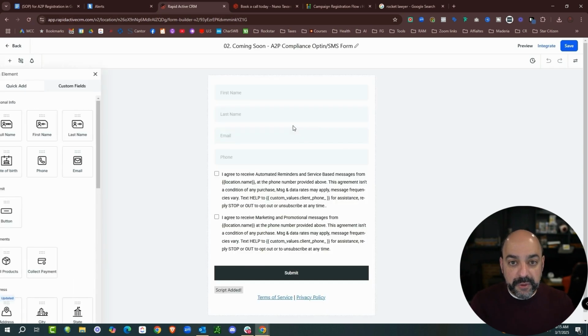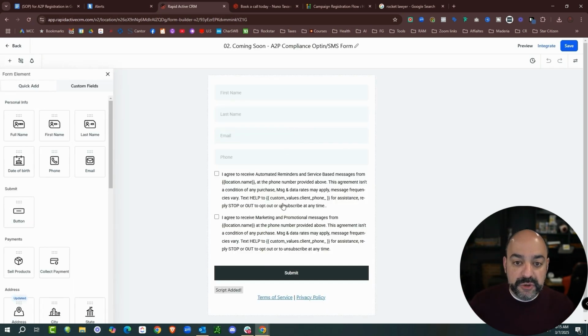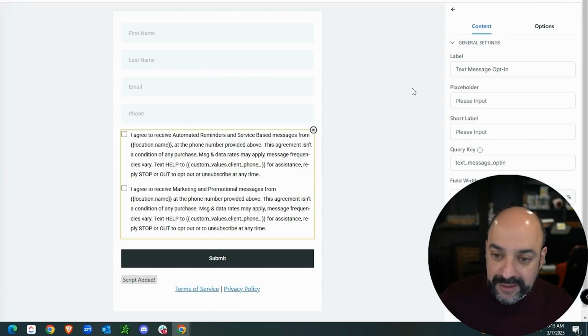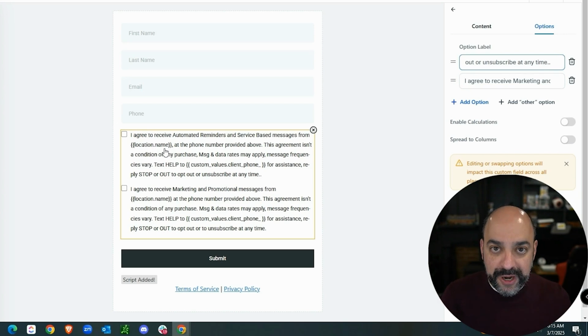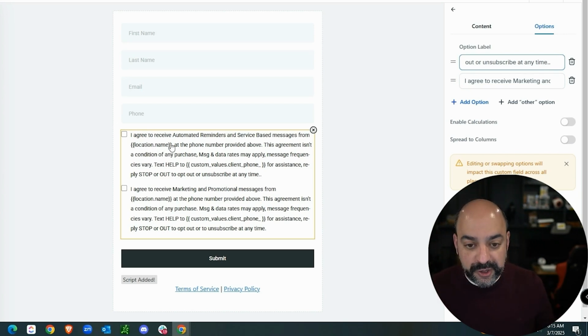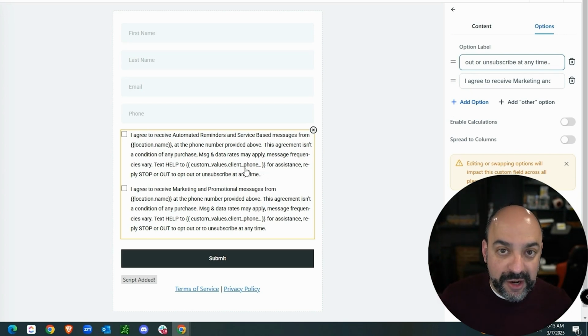And again, a couple things about your form. Remember, you need the 2 checkboxes. Now we have custom values in here. Honestly, guys, if you see the squiggly lines, don't get nervous about it. Just literally click on it, go to the options in here and just erase whatever you see the squiggly lines and put your name, the phone number you're registering with, which again, this phone number right here should be the number you just bought because that's the number that's going to send all the text messages or whatever out.